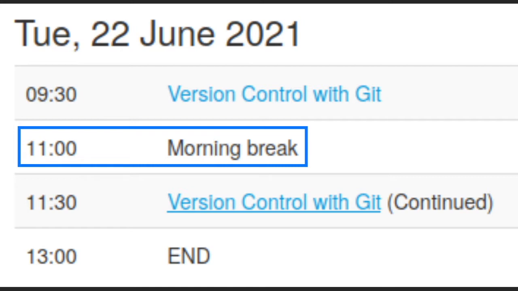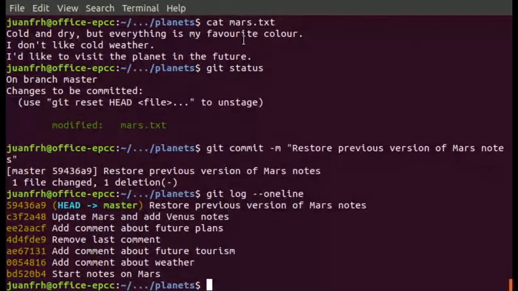Okay, so I will share my terminal. Yes, so what we will learn now is, we have added some